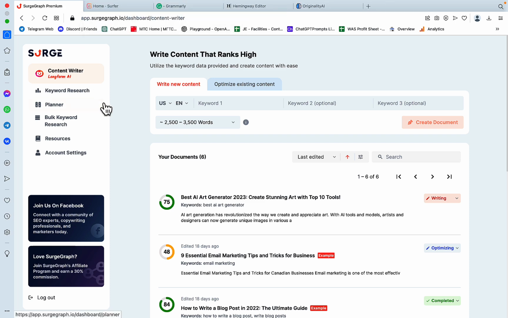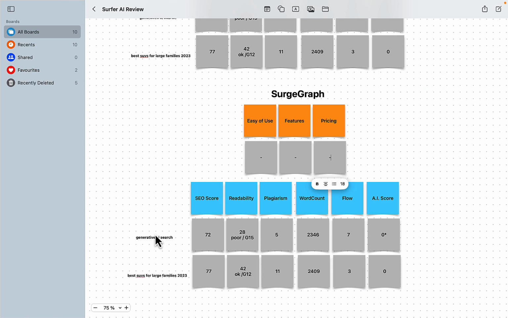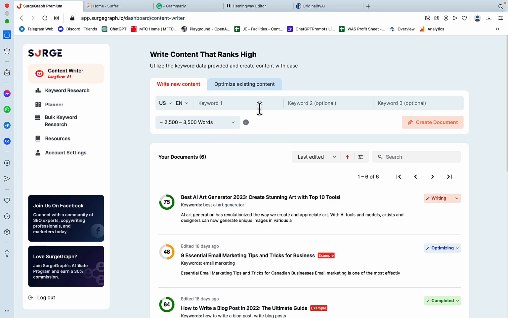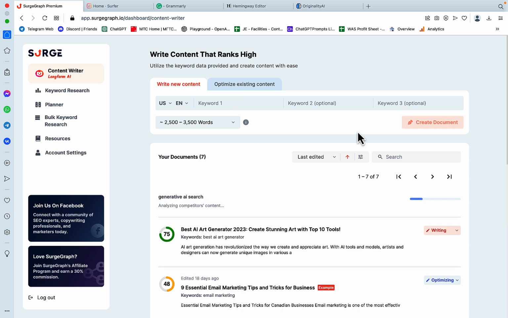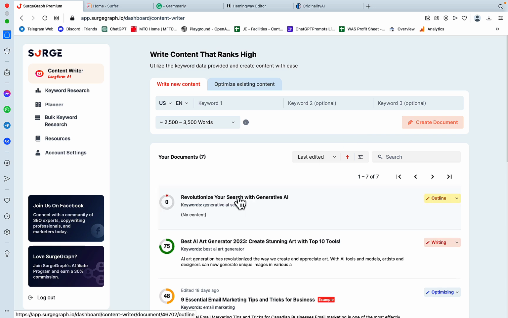And since this is a Surfer AI comparison, we'll be using the same keywords. So the first keyword was generative AI search. And you just insert your keyword here, create document. And again, the beauty of SurgeGraph is that it's going to do everything. So it's going to create an outline, it will write an article, it will optimize everything, and it will do keyword research. But again, as far as keyword research, I have questions. So, okay,